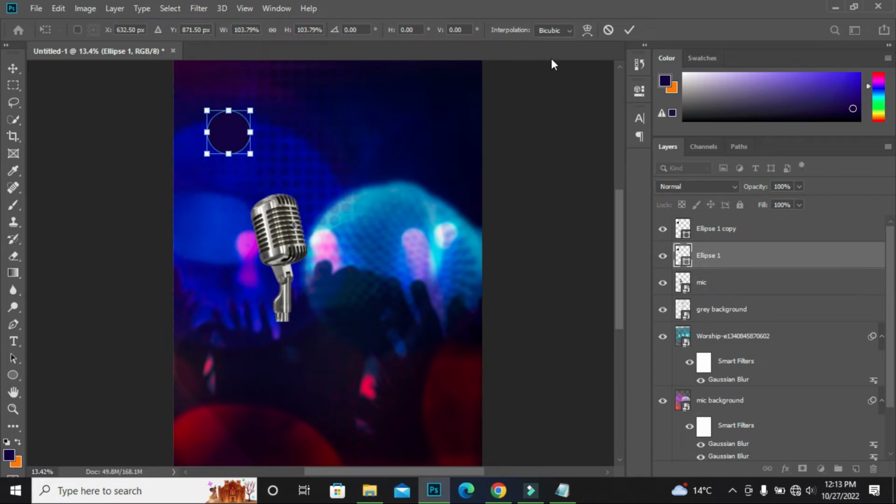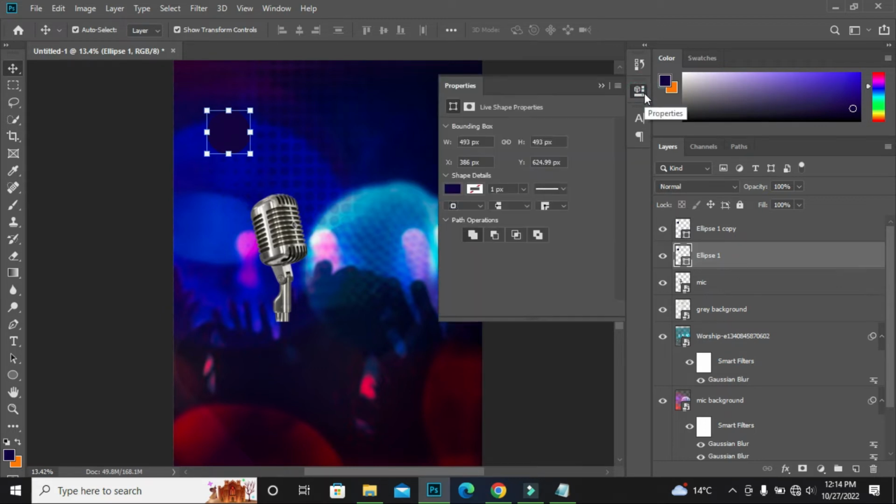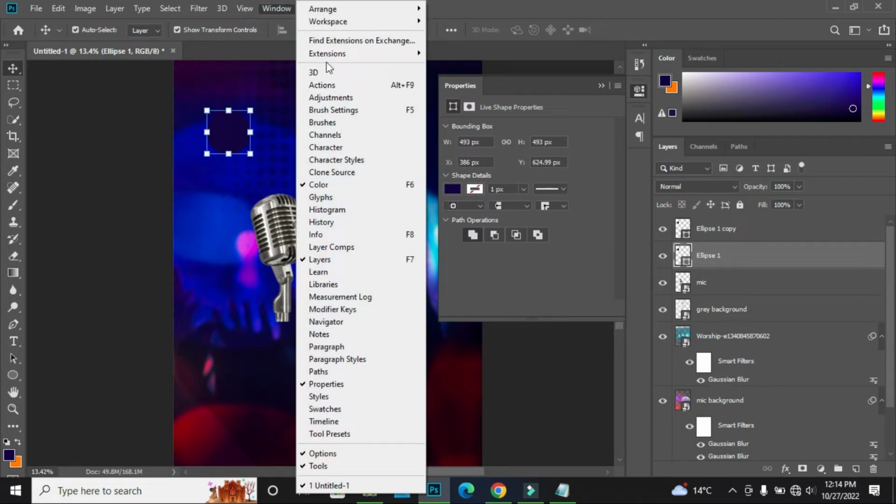Okay, so I have to go back, then edit this circle here. So I have to go here. If you don't have this, you can go to Window and then search for it here. Alright,